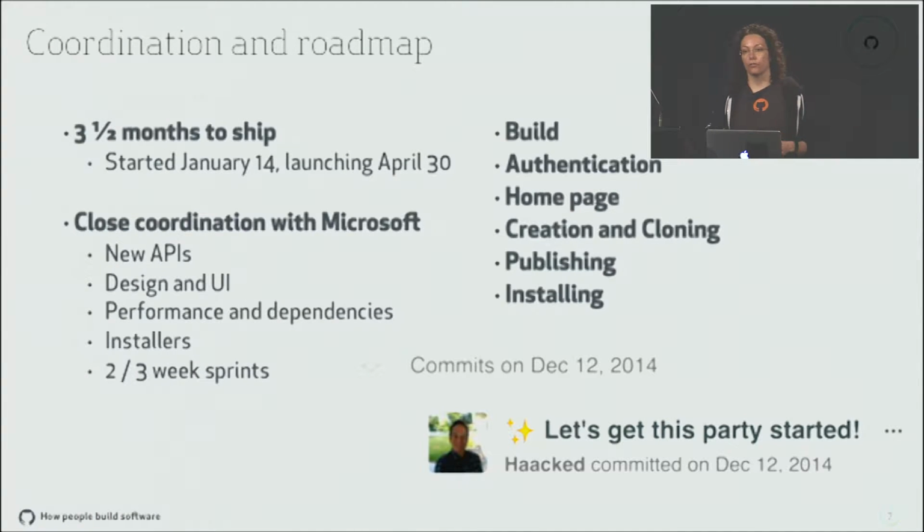what. That was the launch date for Visual Studio 2015. That was the launch date. That was the date of Build. So we had exactly 3.5 months to build everything from scratch and get it out there. And this required using APIs that were not available because Microsoft hadn't shipped Visual Studio. So nothing was available. There was a bunch of previews of Visual Studio, but not the stuff that we wanted